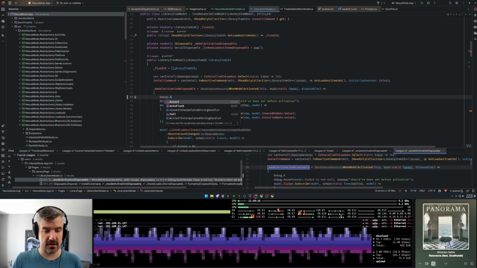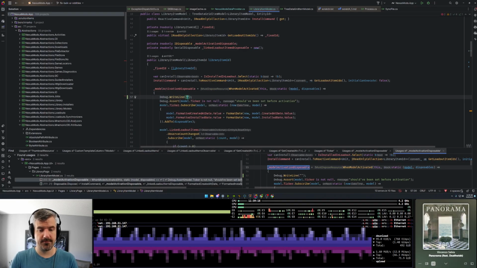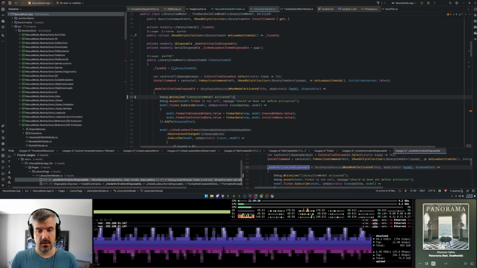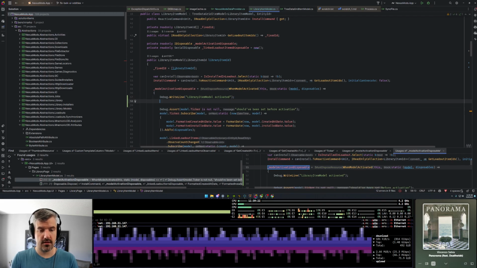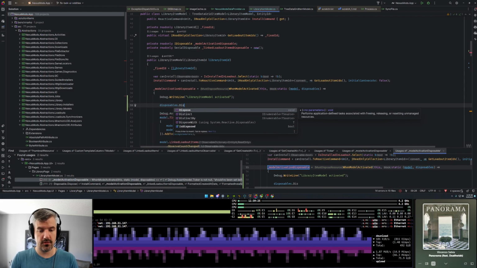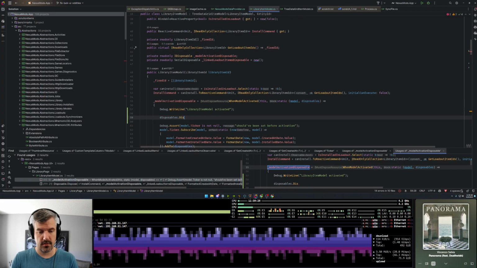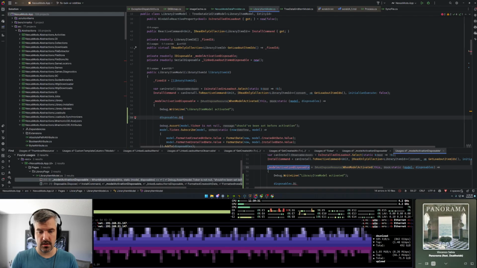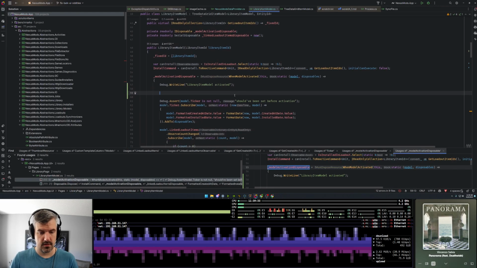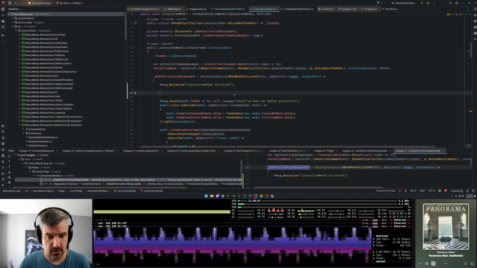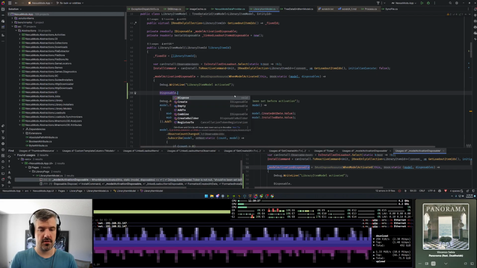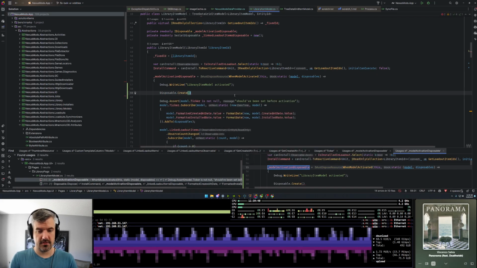Let's do debug dot write line, and then disposables dot dispose with, what is it here? So we want to do disposable dot create,